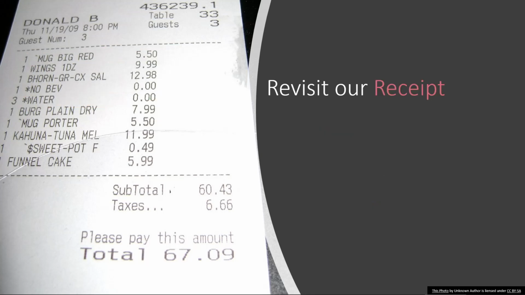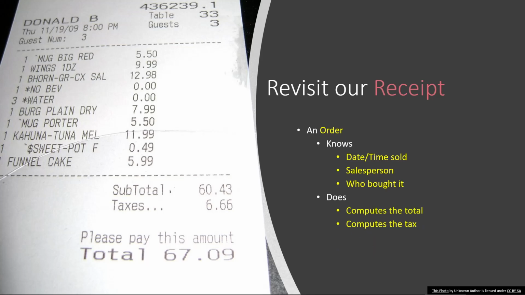So if we go and revisit this idea of the receipt, we actually might improve. Objects are not necessarily obvious the first time. Yes, the receipt out here describes the thing that happened, the transaction that happened, but what about before I purchase it? I don't start with a receipt. I start actually with an order. And the order then has the date, the time, the salesperson, the stuff that we have, and it does compute